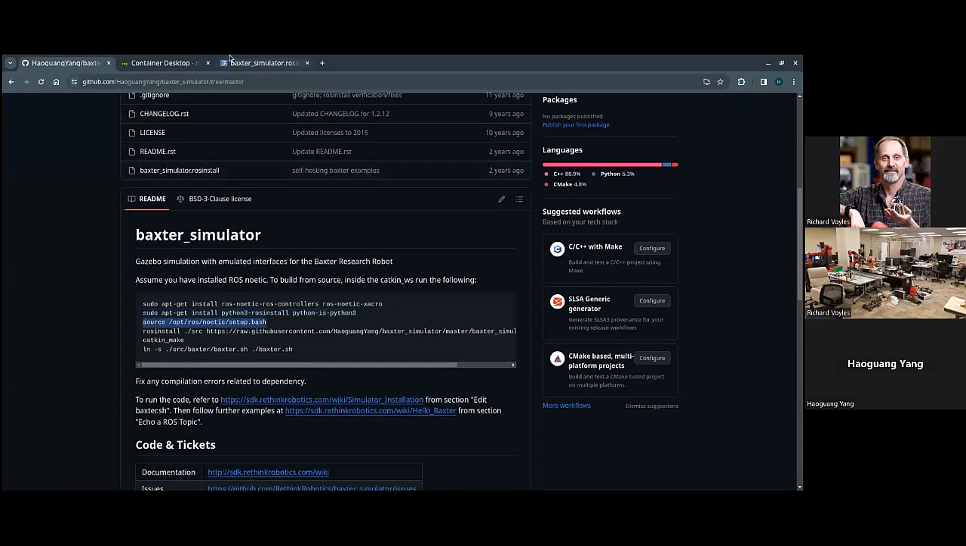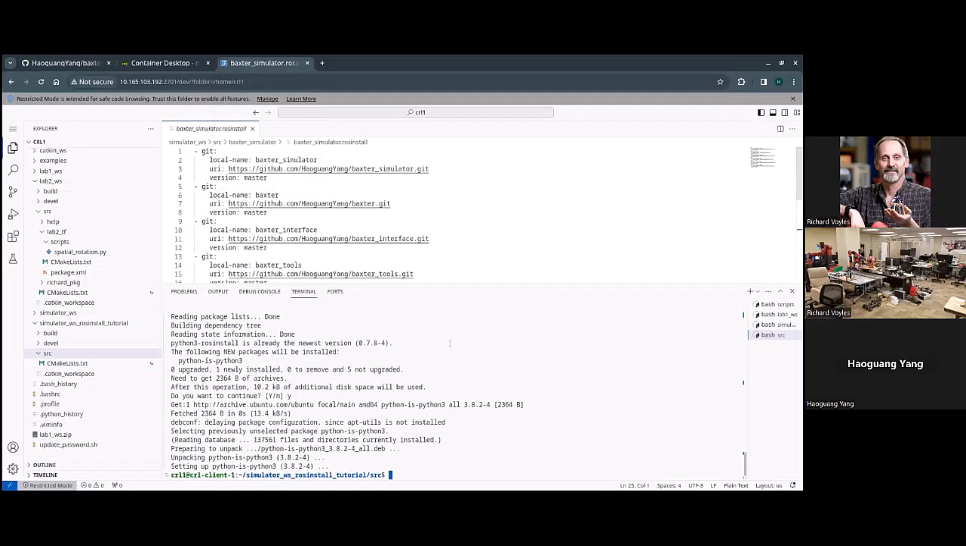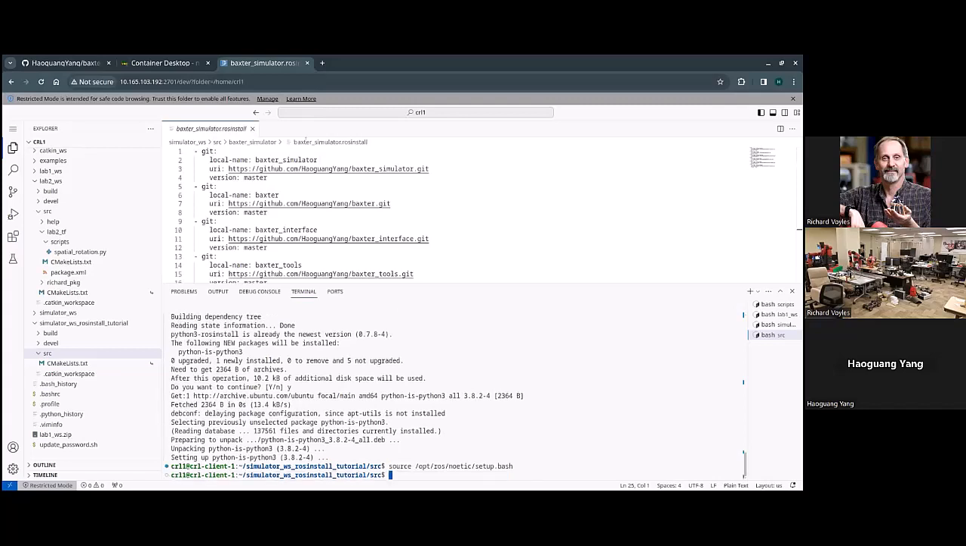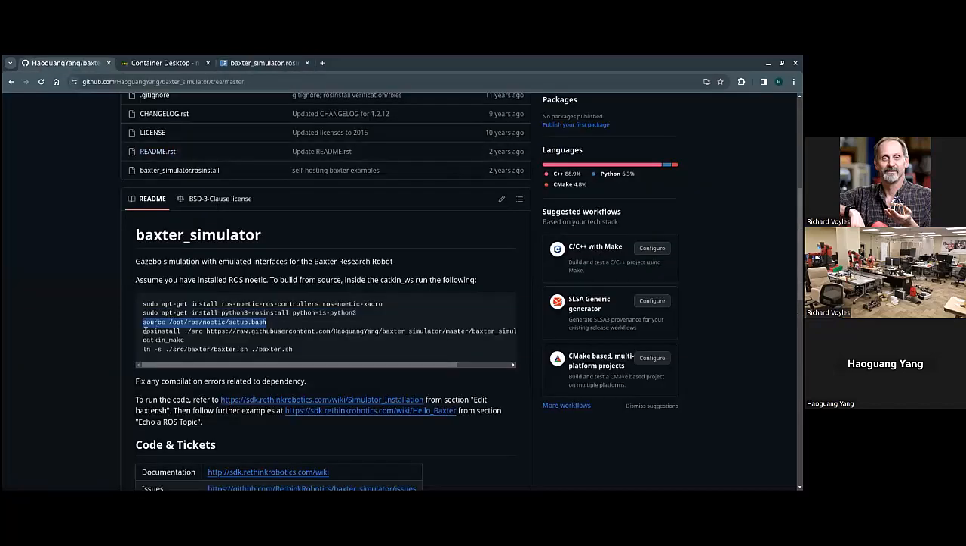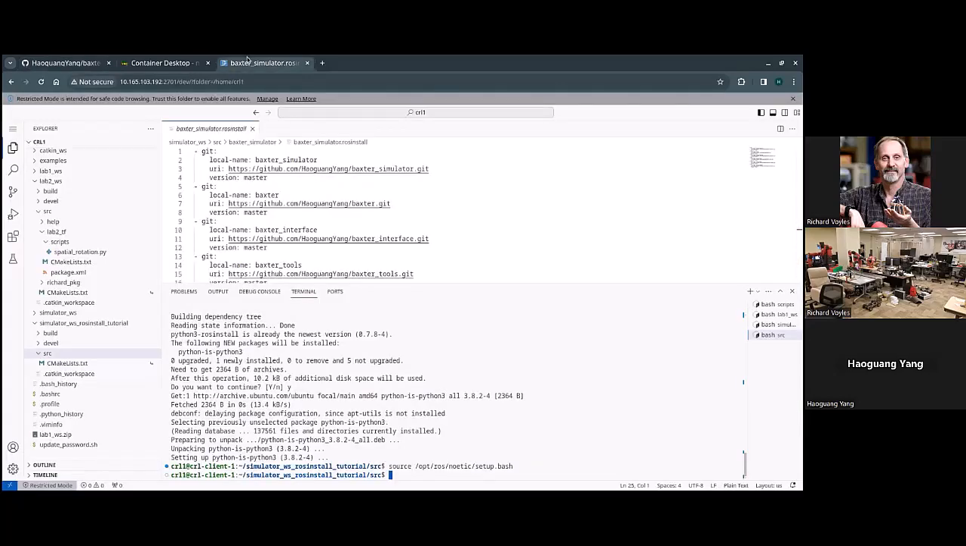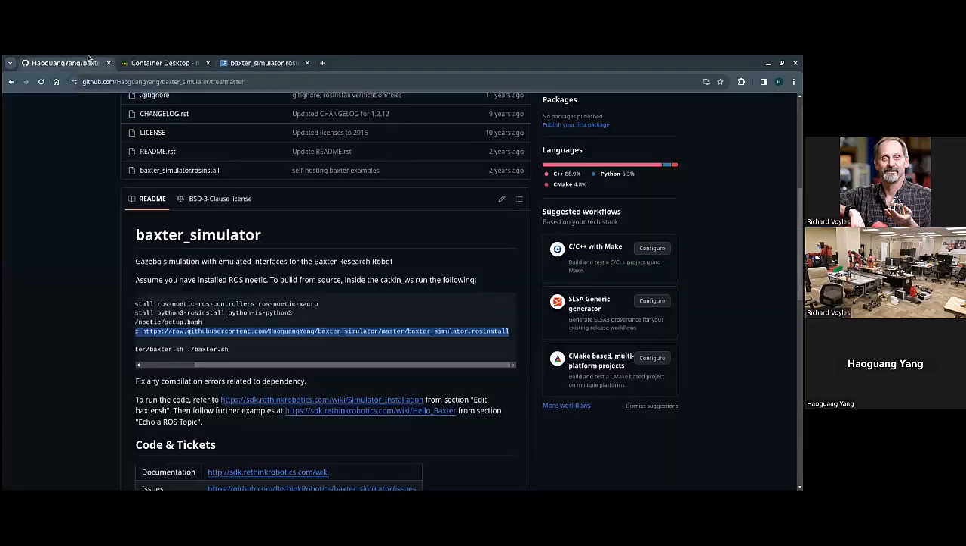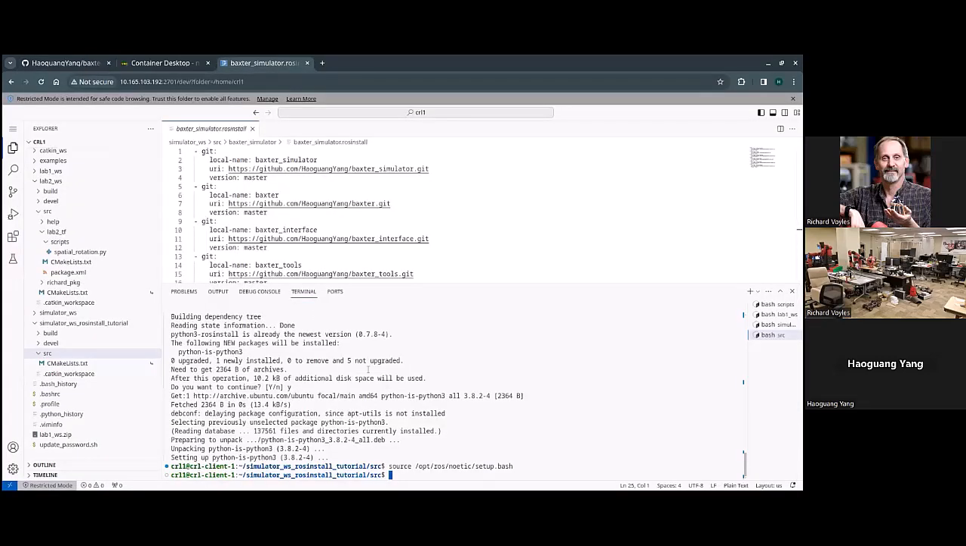And then we source the setup.bash of the ROS installation to make the rosinstall utility get indexed. And double check where we are. Inside the workspace. Okay, so we're inside the source folder. We need to go one level up